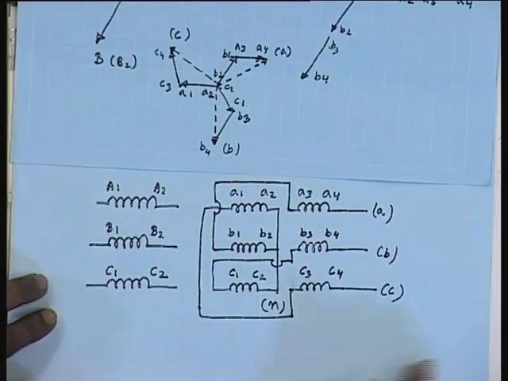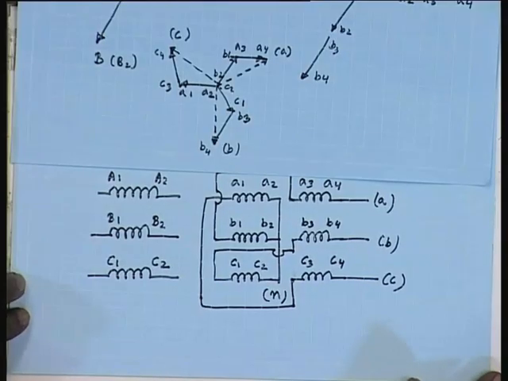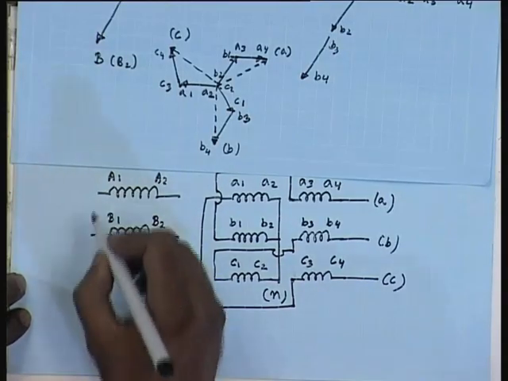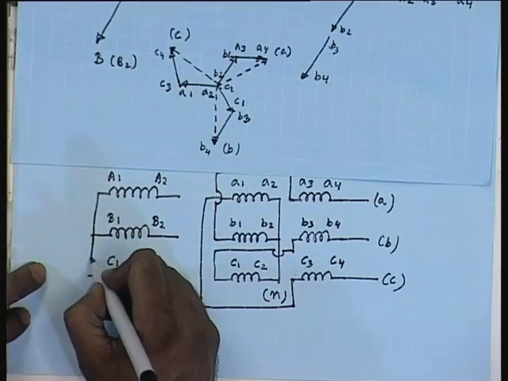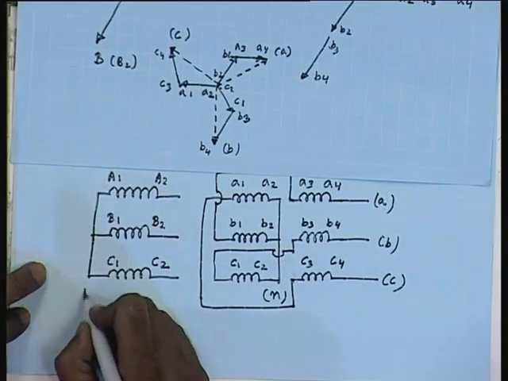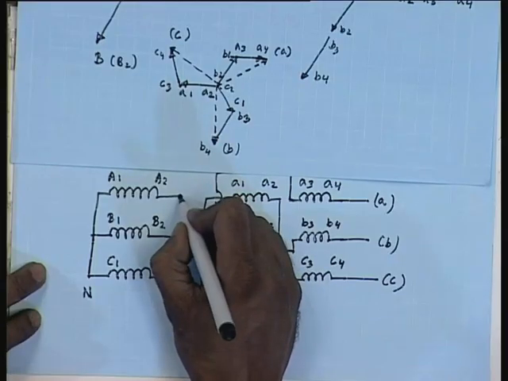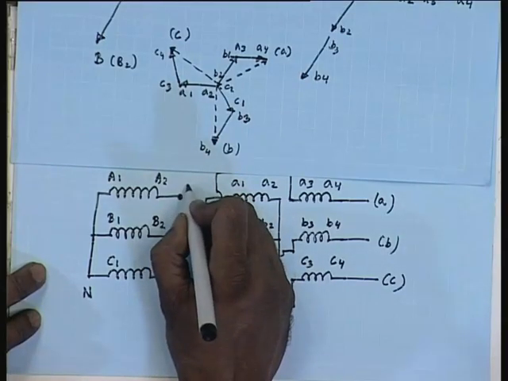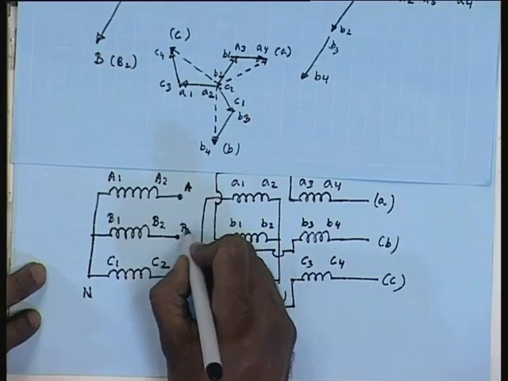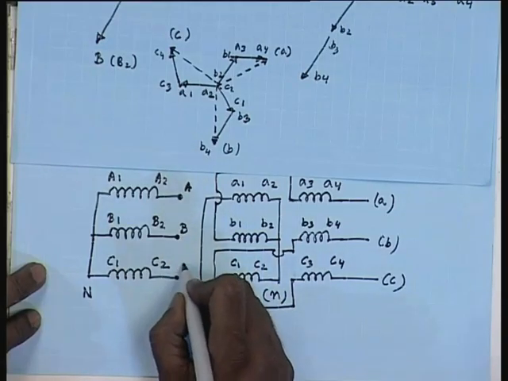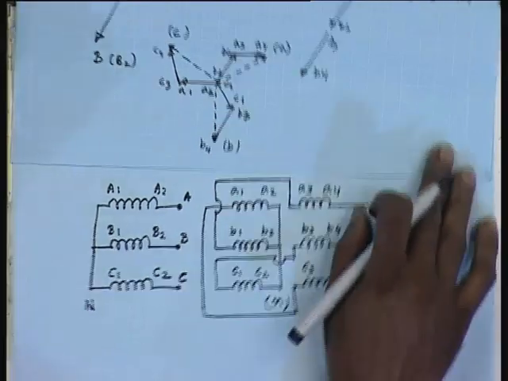This completes the connection on the low voltage side. On the high voltage side, as usual, the neutral point is formed by connecting A1, B1, C1, and the lines are supplied to A2 gets A, B2 gets B, and C2 gets C. This is the connection diagram for